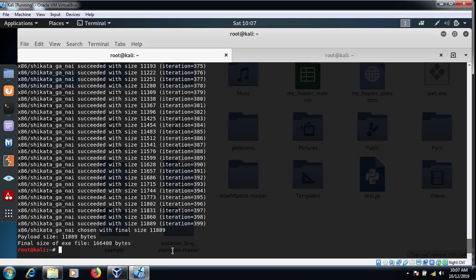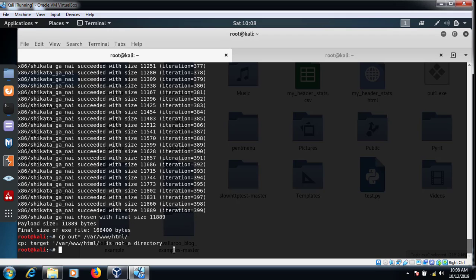go to the terminal and type cp out /var/www/html. This is the default directory of the web application server, the root of Kali Linux. So HTML,